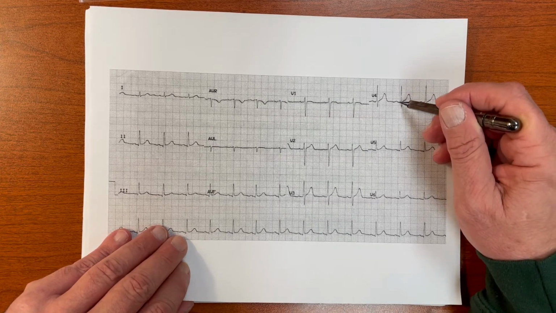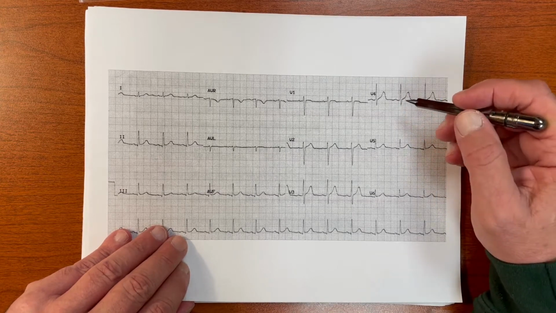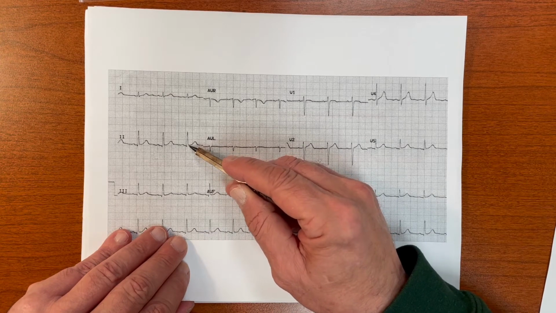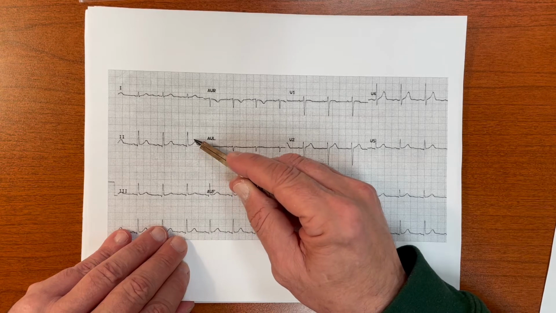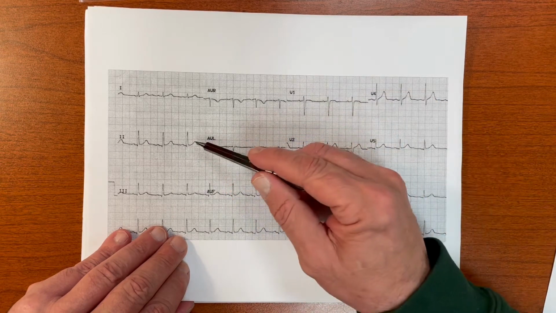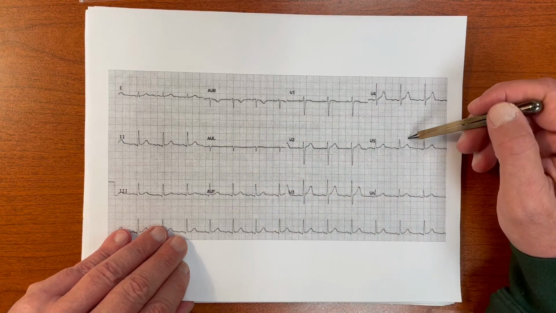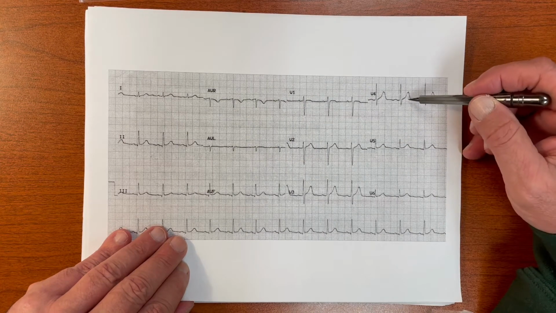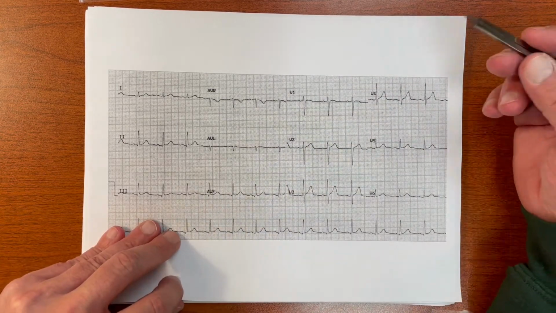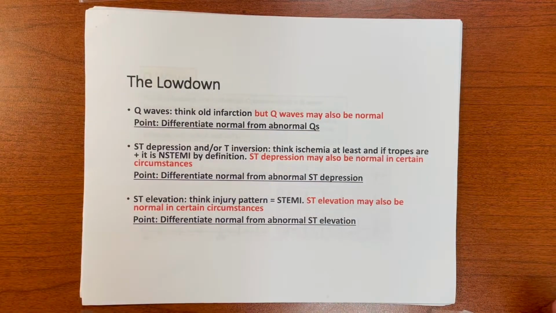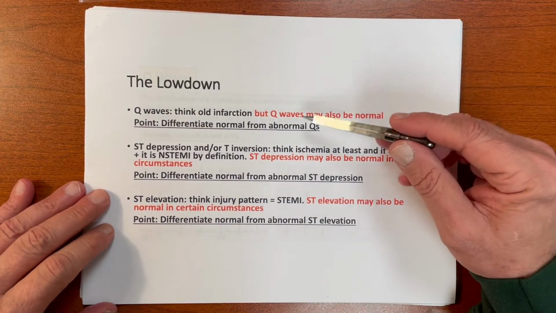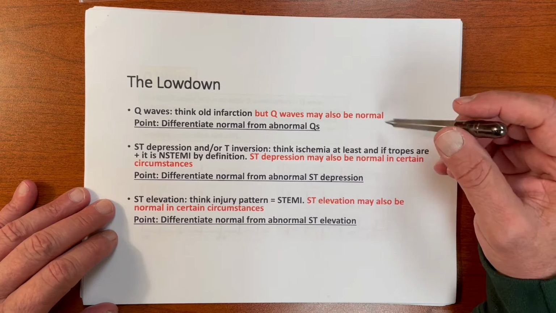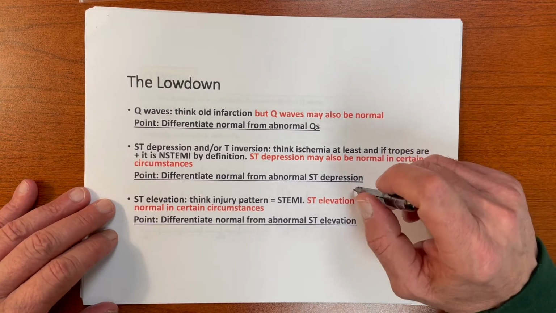I can't say that enough. You have to know what your comparison is. So we're talking about either this Q wave, ST segment being down or up, and the T waves either pointing in the right direction or an opposite direction. Remember, limb leads, precordial leads, if the QRS is up, the T wave should go in the same direction. Okay, that having been said, for all those that we just mentioned that we're going to analyze for infarction or ischemia, there are normal and abnormal reasons for there to be